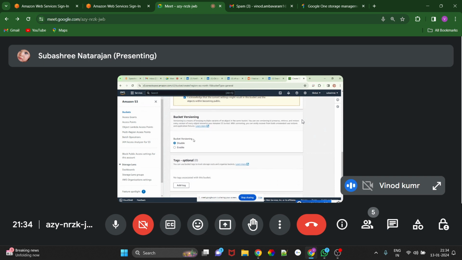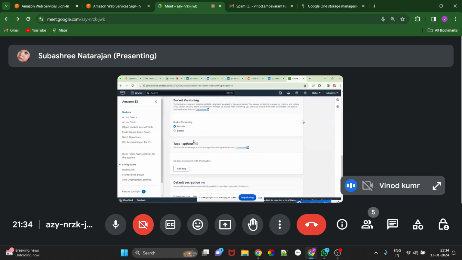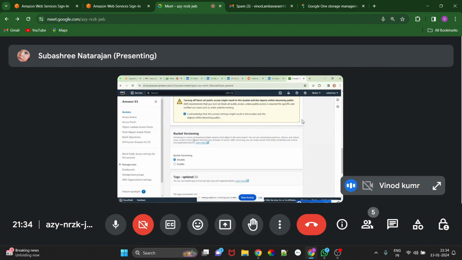And here you can see bucket versioning. What is the use of this bucket versioning in S3? It's a kind of a feature. It allows us to keep multiple versions of any object in the same bucket.